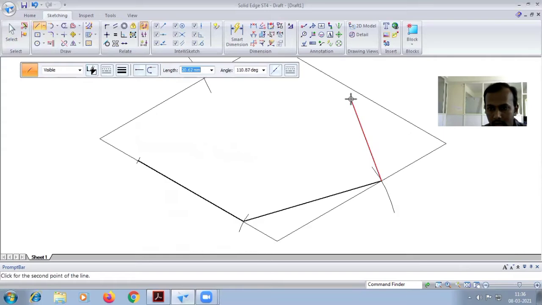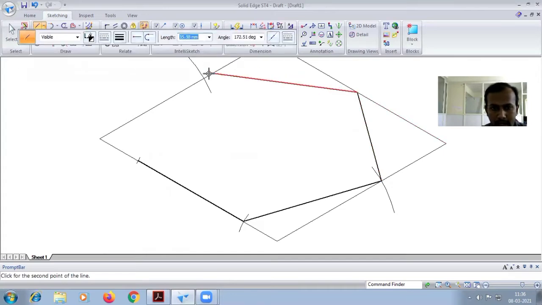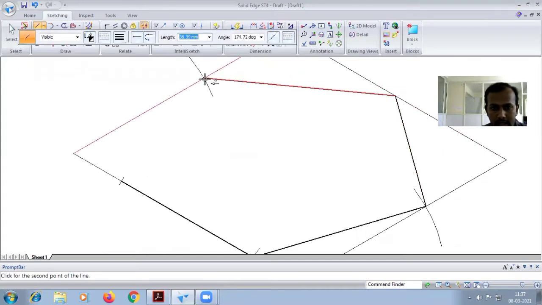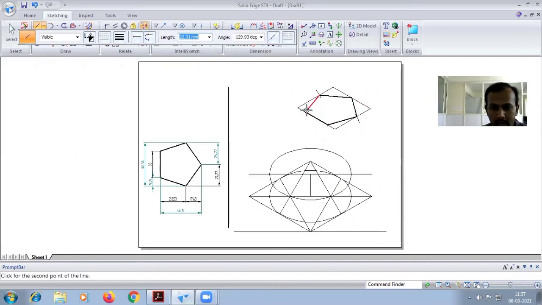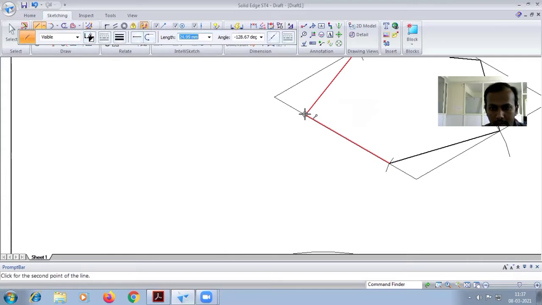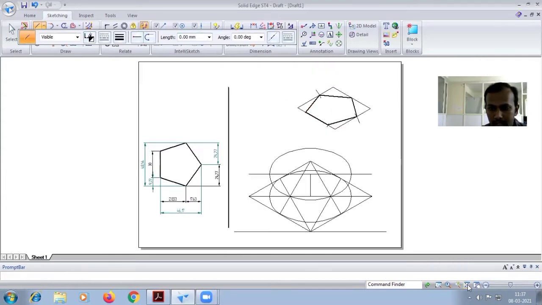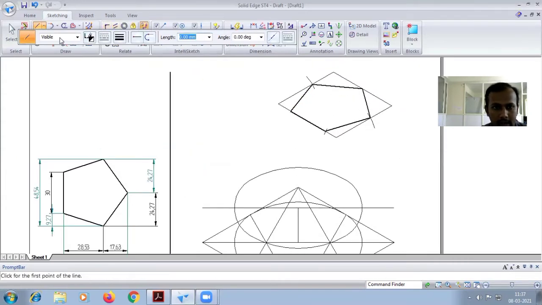At this point, you can go for the end point. Carefully take it, you can look at the end points here. Next, click it here. You can see the intersection point. Yes, click it, and you can go for the end point. The pentagon is finished. And you have to find out the midpoint of the pentagon.